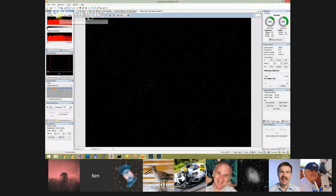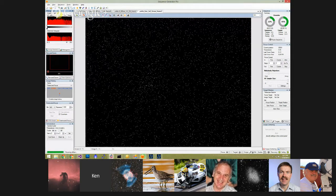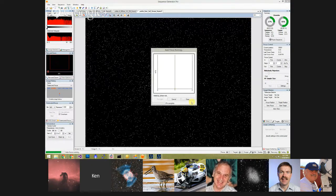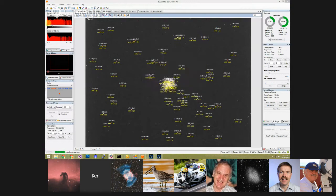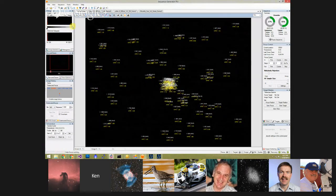But it's important to note here that based on the sensitivity of your camera, you can choose low, medium, and high auto stretching. Most people get away with low because, since this is using bilinear stretching, they start to see some artifacts at medium as certain areas of the image become saturated. So low usually does a pretty good job for you. That said, you can customize your own stretching as you see fit by grabbing your sliders and moving them around and doing whatever you want with them. So anyhow,